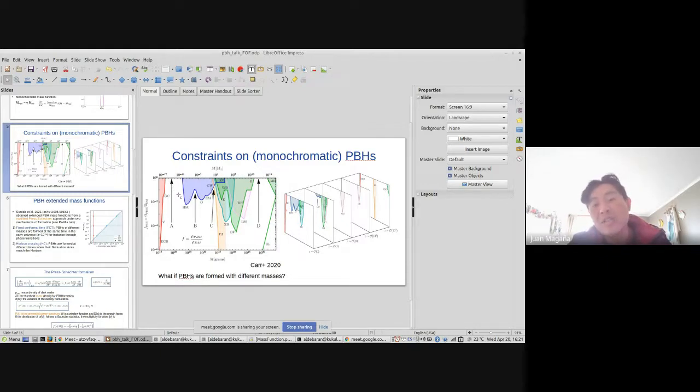And also, as mentioned before, these monochromatic constraints also affect in different ways depending on the redshift where the physical process takes place.